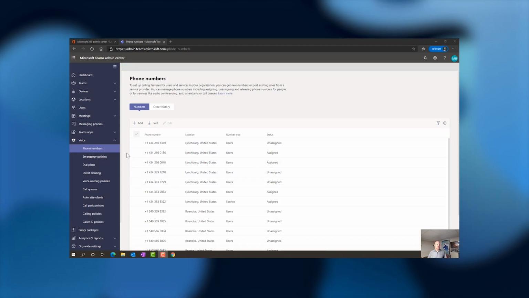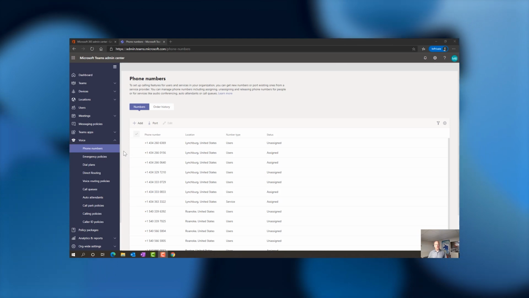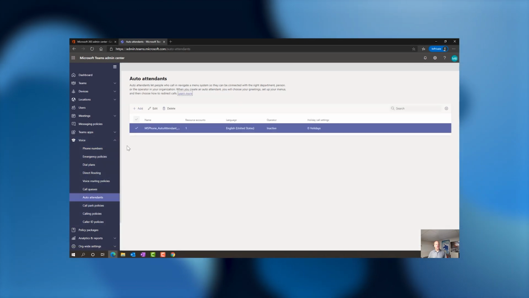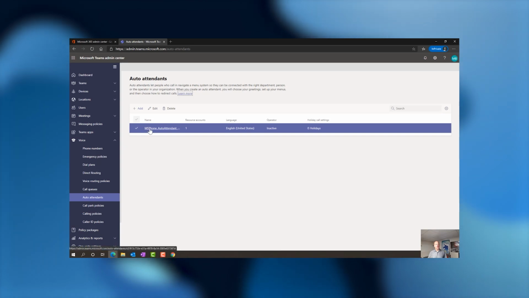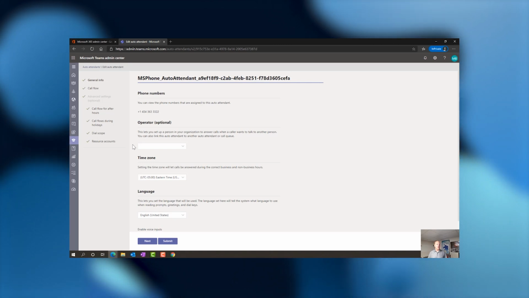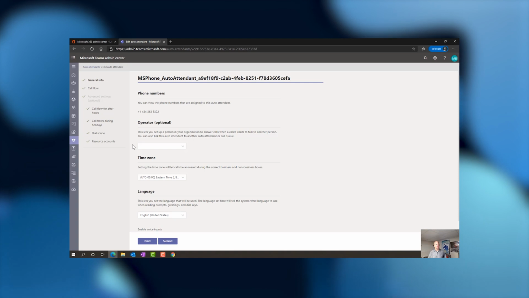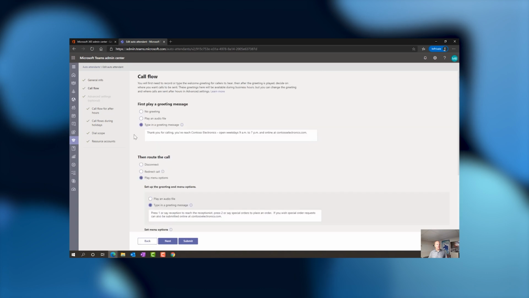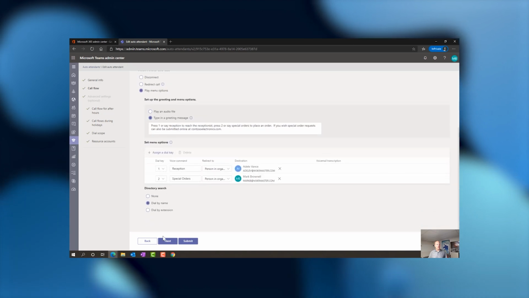In this next example, it's important that once you finish running the Getting Started wizard, to go into the automated attendant, which is located under the voice section under auto attendants, and review what you set up within the Getting Started wizard. There's a couple things I just want to highlight in here. It's also, from a familiarization perspective, important to be able to know what's in there in terms of being able to administer and manage it once you've set up the phone system. You'll notice that everything that is set up in here is in order for what we've provided in the Getting Started wizard. But as I go through each of these screens,